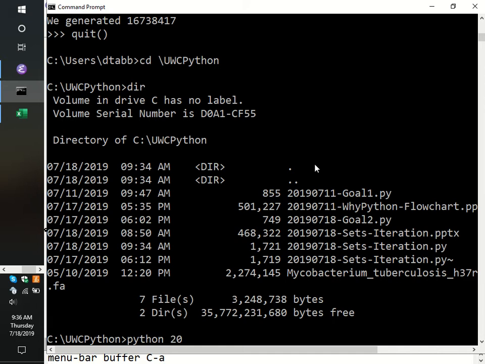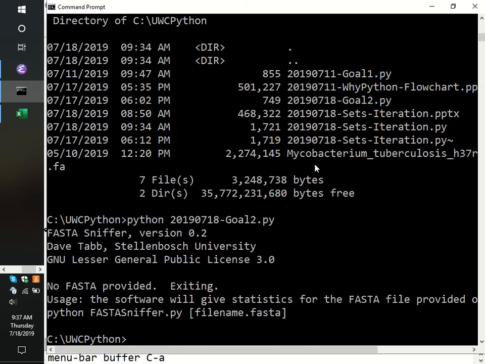But I'm now going to launch the script for today, which is called 2019-0718 goal2.py. Okay, if I run it just like that, I can see that I get an error message now. The software says no FASTA provided, exiting. And, importantly, when the user didn't provide us enough information, we tell them what information we were looking for. So you can see that our usage line says the software will give statistics for the FASTA provided